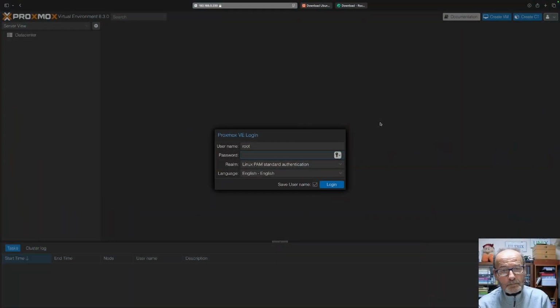Okay, before we can actually install an operating system on our new virtual machine, we need to download an ISO image of the operating system which we wish to install, be that Windows, Linux, macOS, whatever. So the first thing we need to do is actually decide where we want to store that image. So let's go to our web user interface for our cluster, or our single machine if that's what we have, which is fine. Okay, log in,